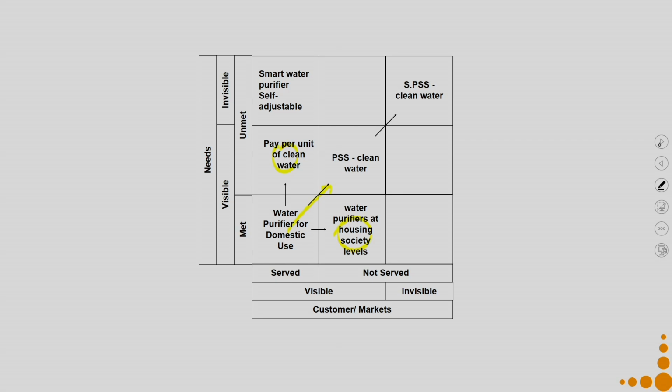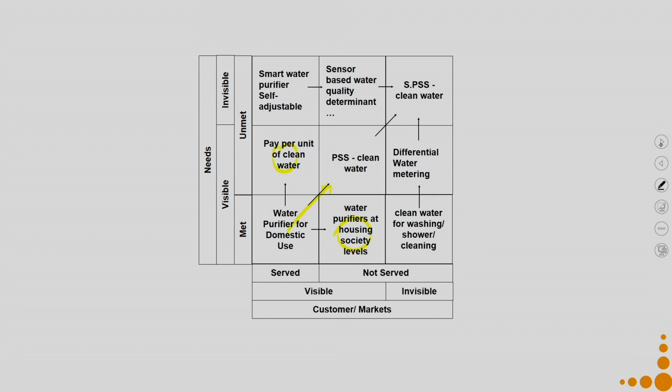So, I define, okay, what smart water purifier and self adjustable means. How can we fulfill it? So, I have to develop certain technology which might be like sensor based water quality determinant and so on, and then how it automatically changes the level to which water purification is to be achieved. So, those are the technological developments I would require to do in order to reach there. Now, the invisible market over here is clean water for washing, shower or cleaning.